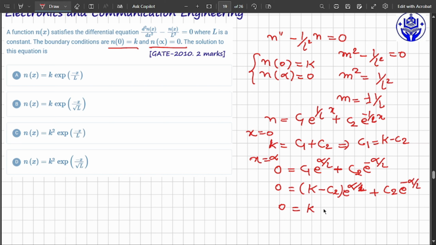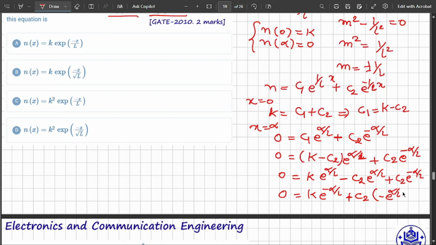Then it will be k e to the power alpha by L minus c2 e to the power alpha by L plus c2 e to the power minus alpha by L. Okay, so from here we can find one thing: we can just write k e to the power minus alpha by L. Then taking c2 common, plus c2 times minus e to the power alpha by L plus e to the power minus alpha by L will be there. So in that case,